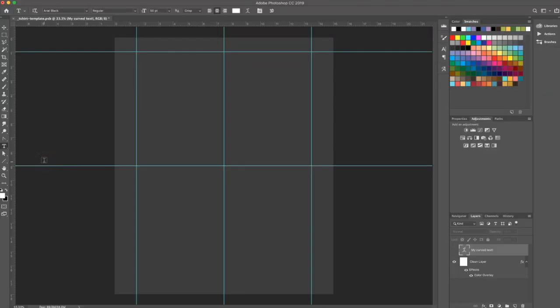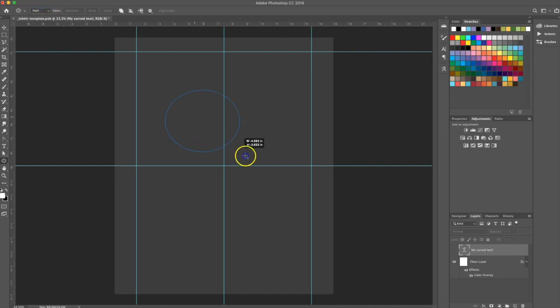The second method for curving text into an arc in Photoshop involves putting the text onto a circle path. To do this, begin by selecting the Circle tool. The Circle tool can be found in the same menu as the line. Click and hold the line tool, and then select the ellipse tool. In the top toolbar, change the settings from pixels to path,